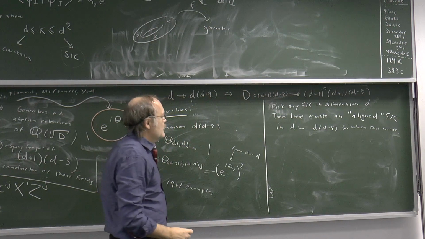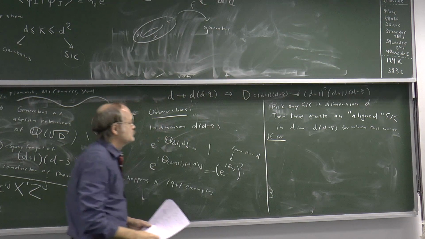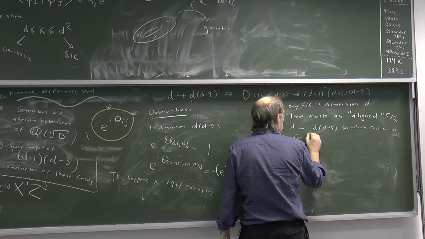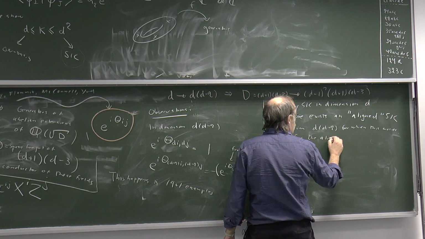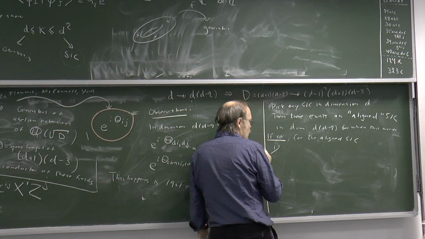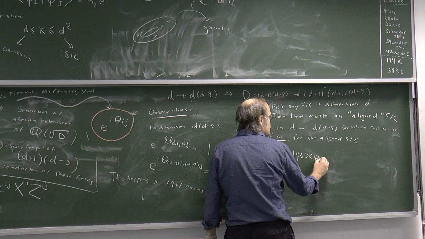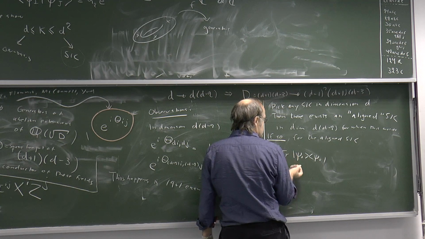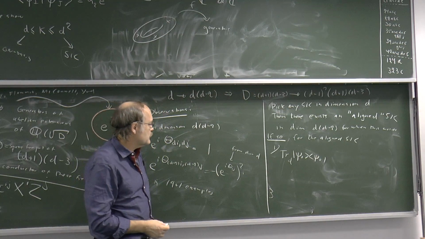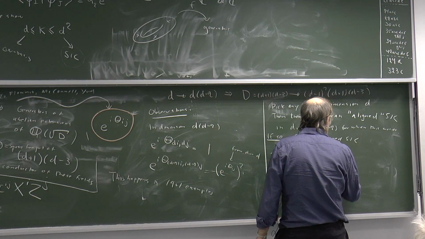Then we can prove a number of theorems. If so, then for the aligned SIC in the higher dimension, we can prove the following theorems. One, if you take a SIC fiducial in dimension d times d minus 2, and you take the partial trace over one of the factors, say you trace out the d-dimensional factor, as we usually do in quantum information theory, you get a reduced density matrix. And it turns out that this is a projector,